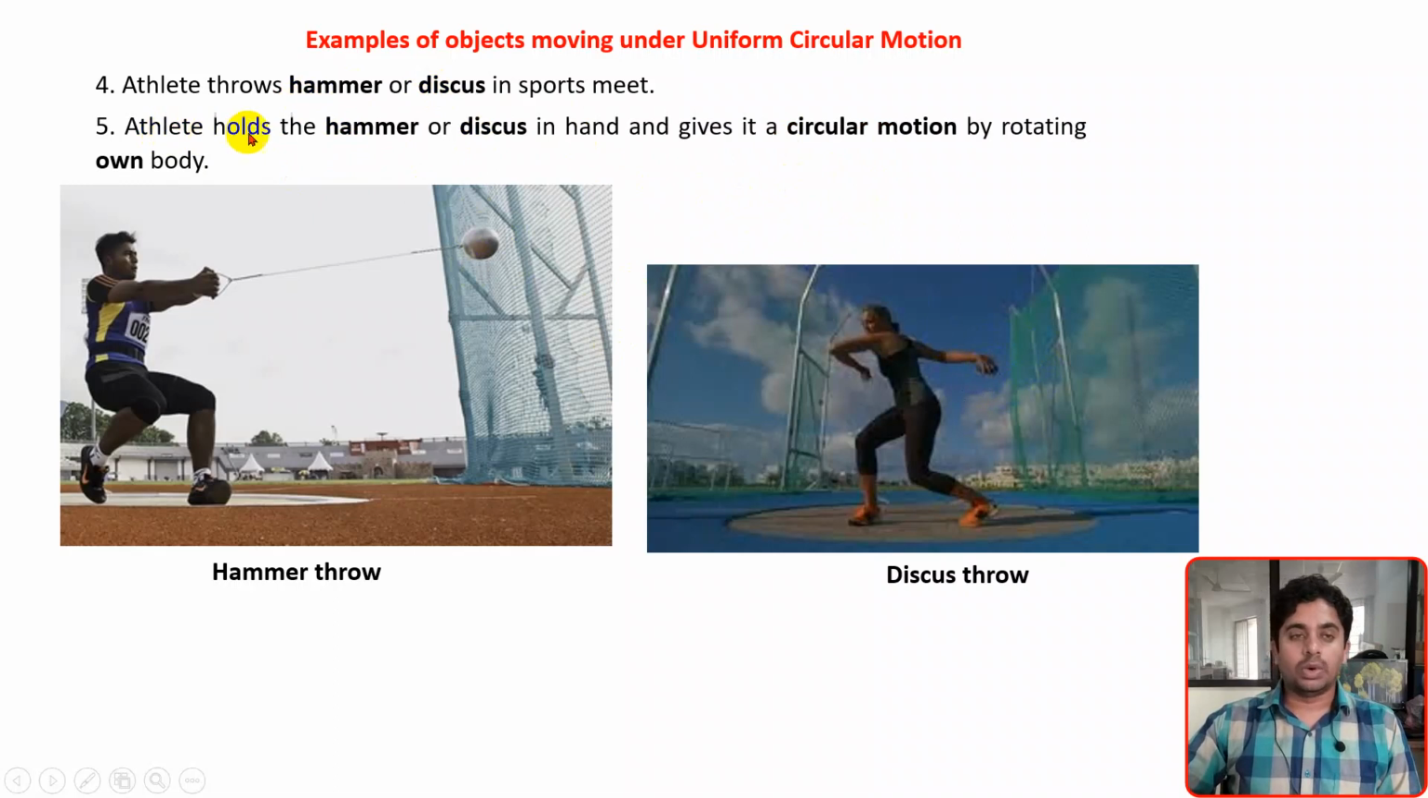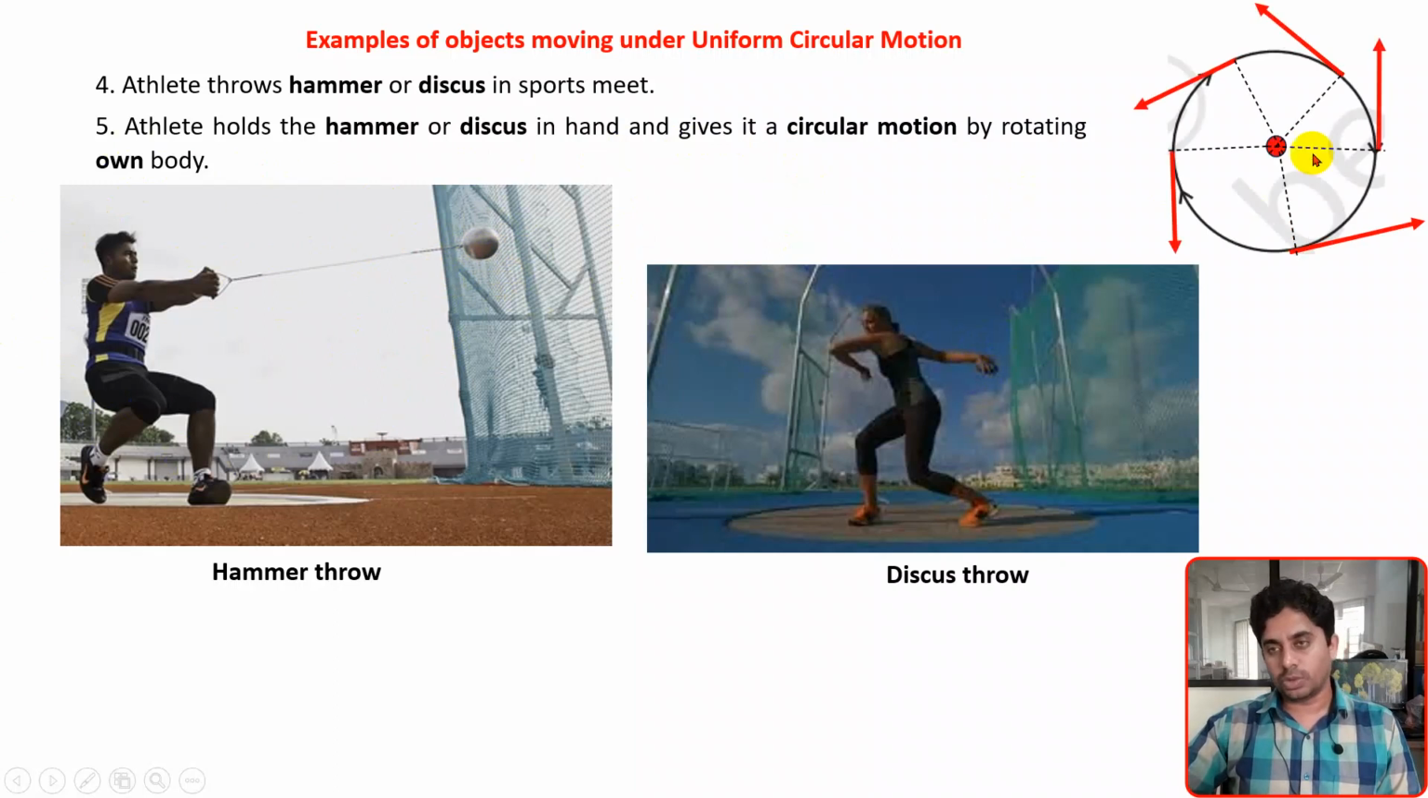Simply, the athlete holds the hammer or disc in the hand. They hold this ball or disc, maybe with the hand, or with some string, and they give a circular motion to this body, like this disc or this spherical ball. They give the circular motion to the body, and then at a particular position they throw it, like this